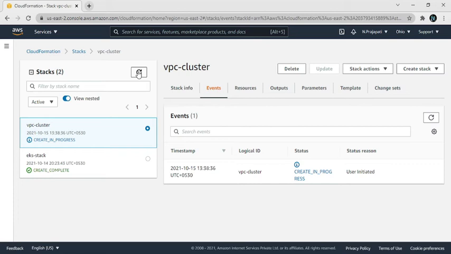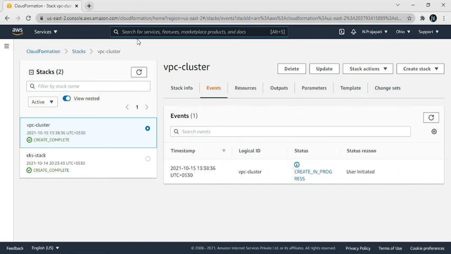It takes a minimum of 2 to 4 minutes, so just wait. So now the VPC cluster is ready, and now we create the cluster.